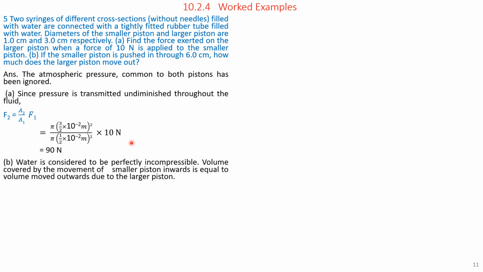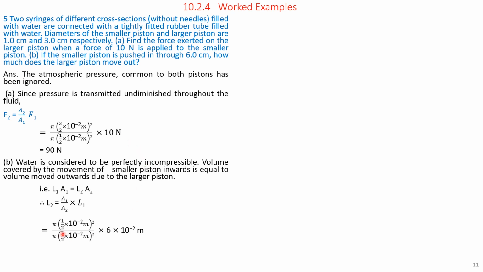Next we will take up part B. Water is considered to be perfectly incompressible. The volume covered by the movement of the smaller piston inwards is equal to the volume moved out due to the larger piston. Therefore, L1A1 is equal to L2A2, or we can write it as L2 is equal to A1 by A2 into L1. Substituting the values of A1, A2 and L1, we get